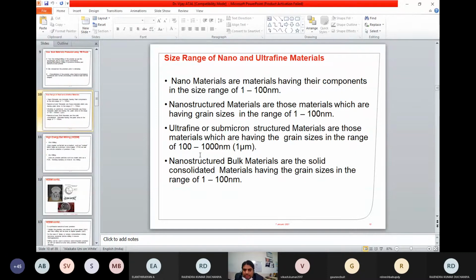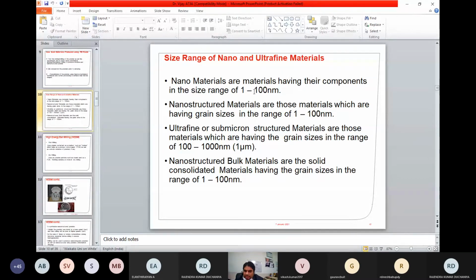I spoke about nano and ultrafine. These are the size ranges of material, because these types of materials in bulk form reduce the brittle to ductile transition. Here we are speaking about shape memory alloys and different applications. So producing bulk nanostructured and bulk ultrafine alloys will be helpful, because as I told, that will reduce the brittle to ductile transition temperature of the alloy as compared to its coarser grained counterparts. So what happens? The processing temperatures will be reduced, so net shapes and near net shapes can be achieved at lower temperatures.